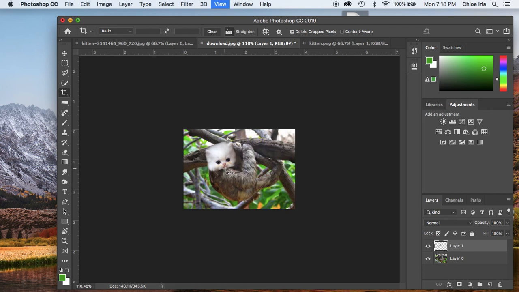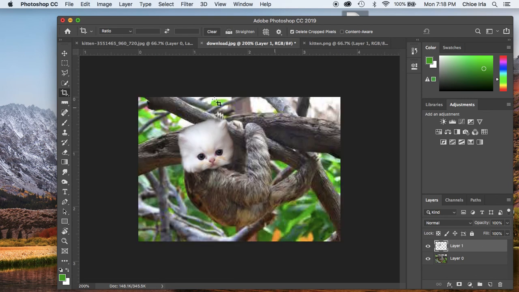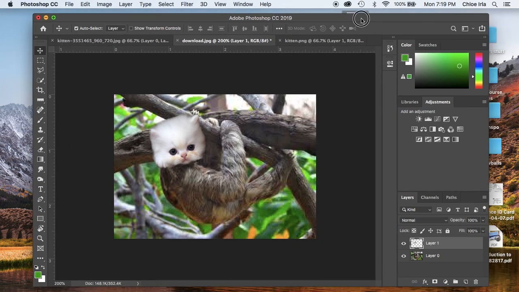And you see, because I softened my edges a bit, it just doesn't look as cut and pasted as it is. It still looks odd because we know that kittens and sloths don't exist as a hybrid. But there you have it, a couple of different techniques in terms of collaging and utilizing